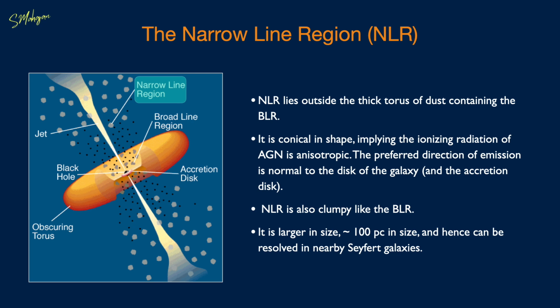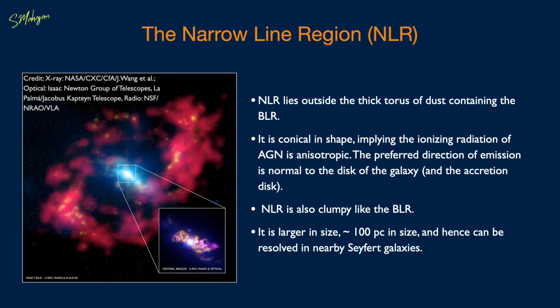The very existence of forbidden lines implies that the density of gas in the narrow line region is significantly lower than in the broad line region. The temperature of the narrow line region is also somewhat lower than the broad line region, and the filling fraction of gas is small, once again implying that the gas must be present in the form of clouds. Observations of nearby AGN have revealed that the narrow line region is not symmetric around the center. In fact, the ionization is strongly dependent on the direction because the shape appears to be two cones on either side of the center, as seen in the Seyfert galaxy NGC 4151.